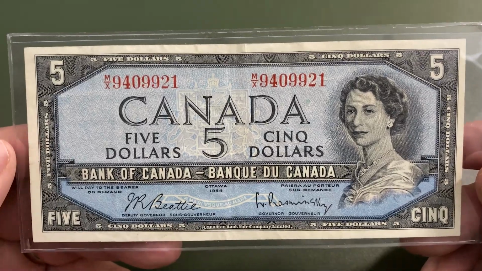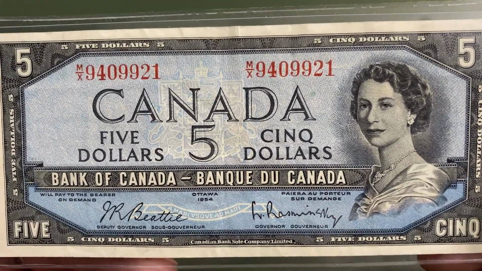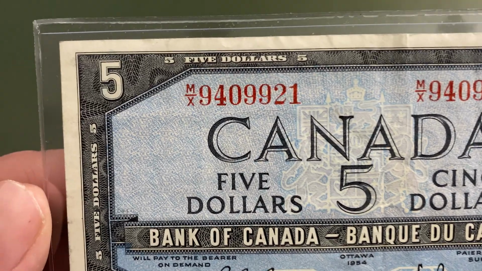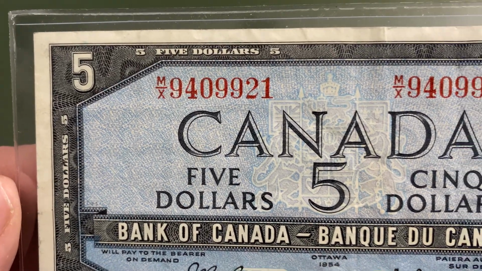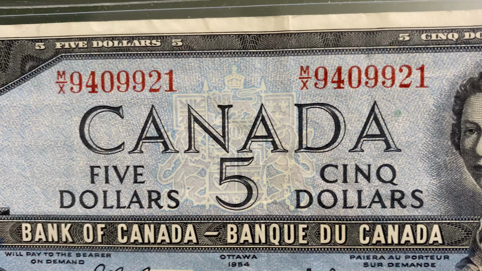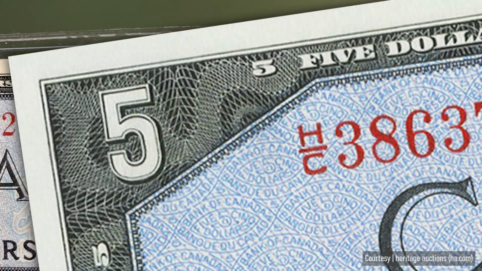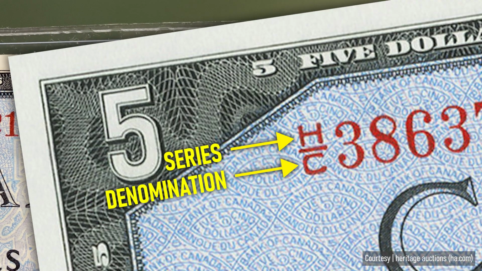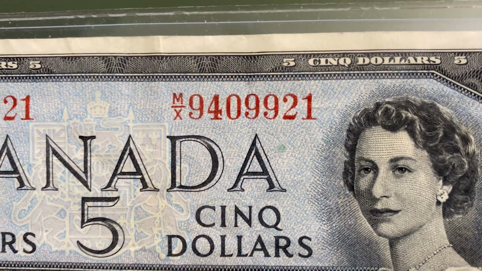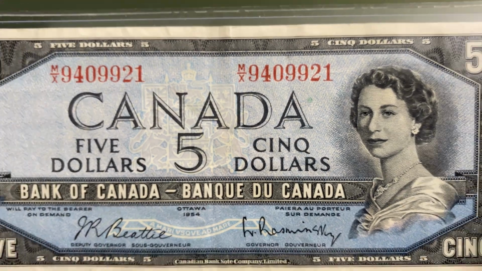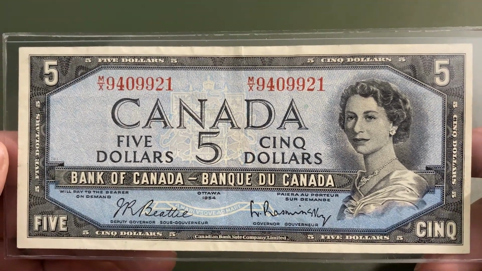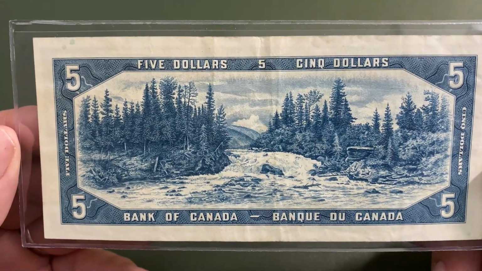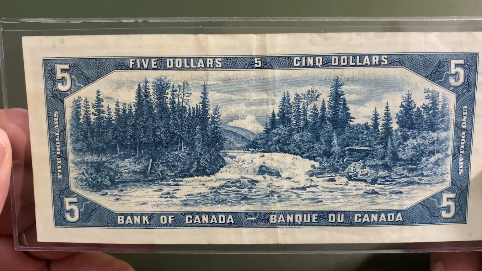I know you've all been waiting for this. At least I have. It's the stunning blue 5. We haven't talked about Canadian serial numbers yet. Note the 2-letter prefix number. A 2-letter prefix was added to each serial number, expressed as a fraction. The upper character designates the series while the lower letter was assigned to that denomination. Each set of 10 million notes were given a different series letter, which is vastly different from the U.S. numbering system. The back of the $5 depicts Otter Falls on the Ishahik River, mile 996 on the Alaska Highway